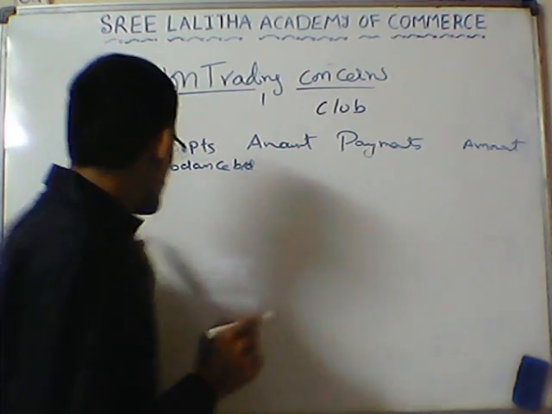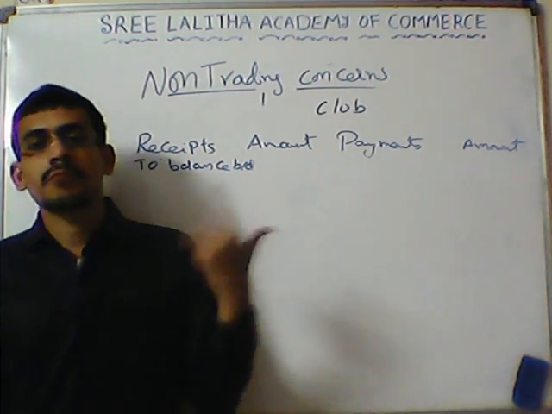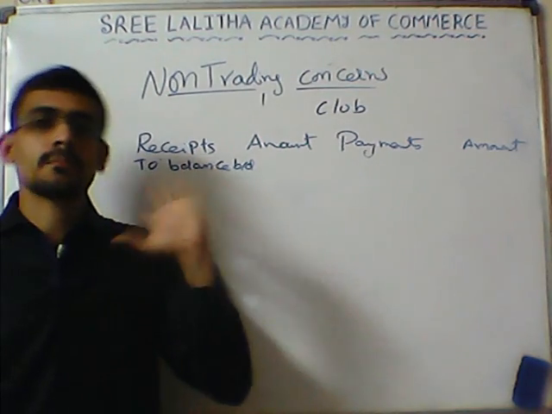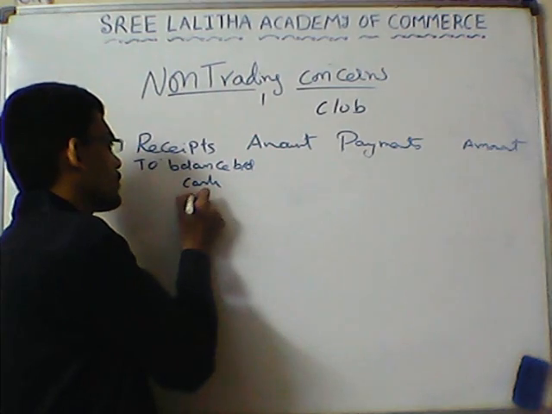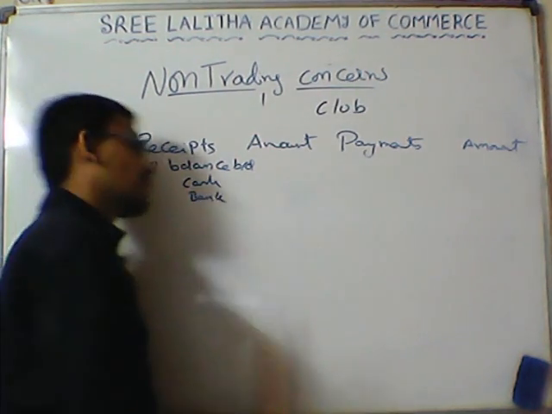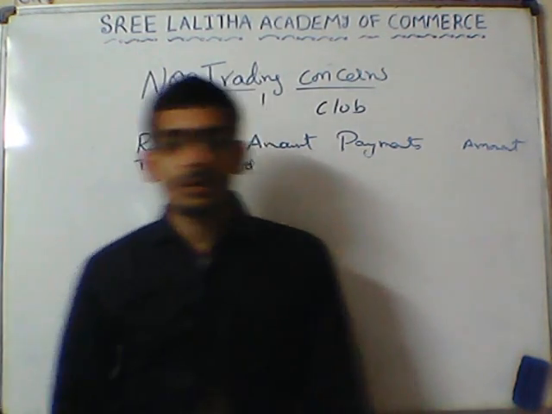So first what we will do, as we have read the question, we know that balance brought down, cash is there, bank is there. So first item what I will do is balance brought down, cash, bank. This both I will put. Amounts I will fill in the latter part. Okay. Now